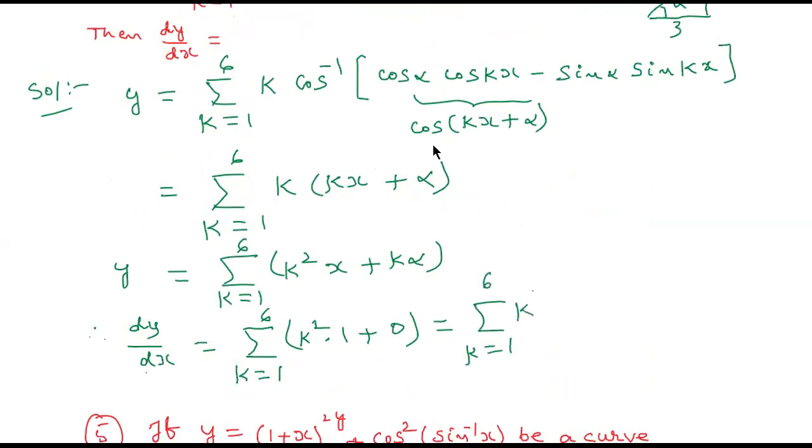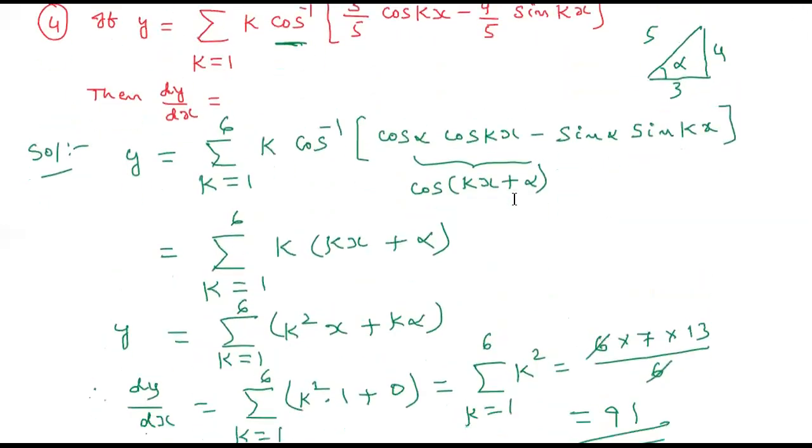Now this is the sigma n square formula. What is the formula? N into n plus 1 into 2n plus 1 by 6. Here n means 6. N into n plus 1, 7. 2n plus 1, 13. Okay. Now calculate this. Divided by 6, 6 cancel. 13 sevens are 91. This is the answer. This is a very easy question. Now go to the fifth question.